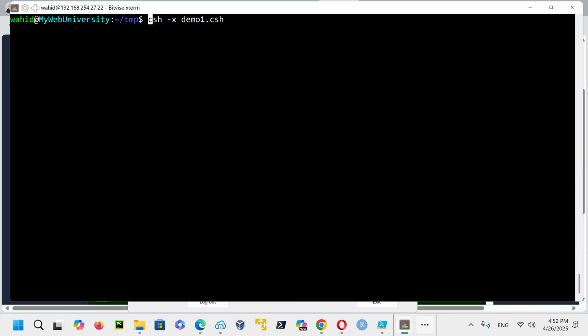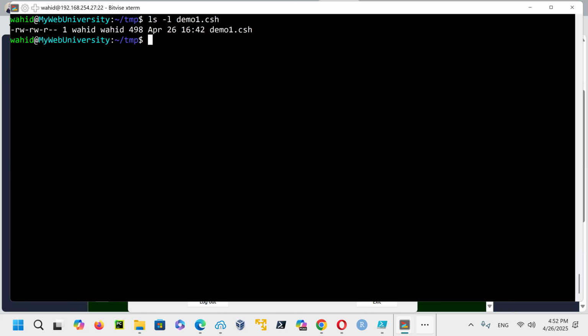I will cover a video on that one also. So now you can see here, when you're coming on the C shell, notice that because we named it demo1.c shell, the permissions are not executable. So I have to do C shell -x, running in debug mode, to show each line and then show you the output as well. In order for me to change the mode, you could say u plus x and then demo1.c shell.